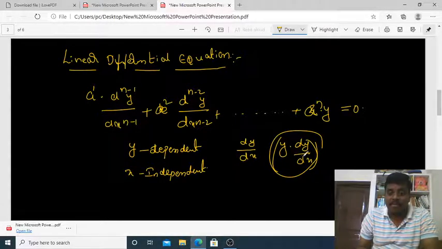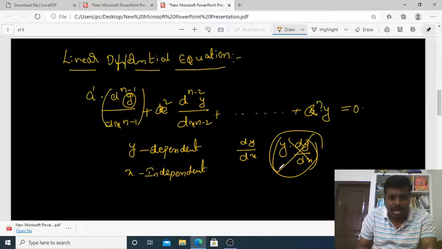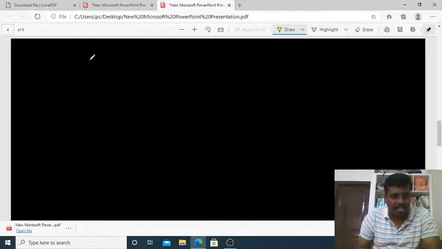Suppose such types of terms are involved in a differential equation, then that is a non-linear differential equation. A differential equation involving the dependent variable and its derivative, but not their product together, is called a linear differential equation. Okay, now we want to take the first order linear differential equation form, which is dy by dx plus p of